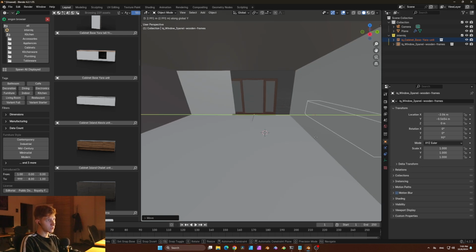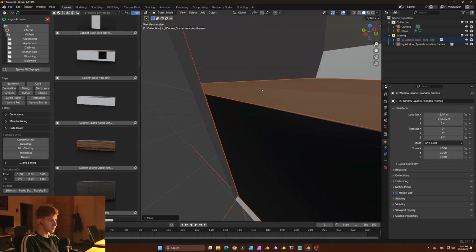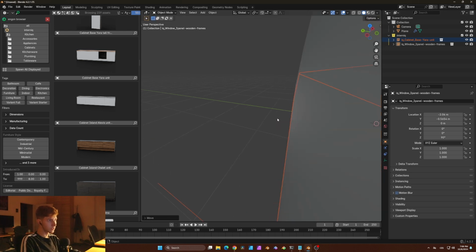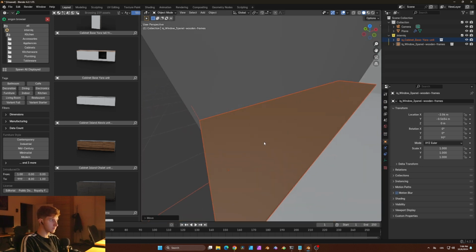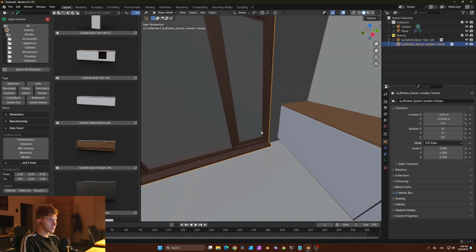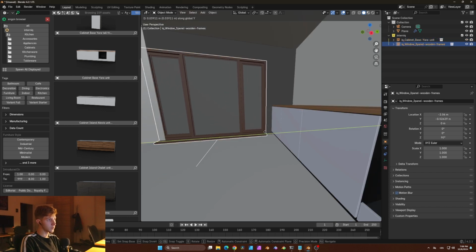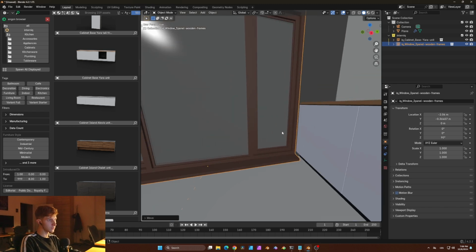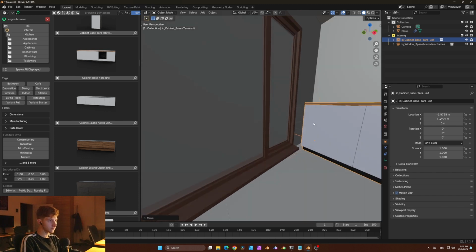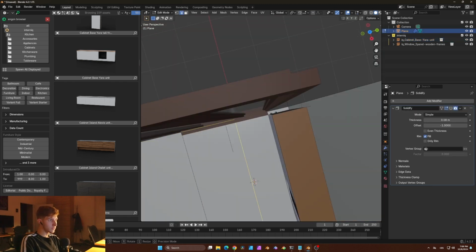So we can just slide it in there and make sure that there is no clipping going on, that there's some space still between the wall and the asset. Great. A bit more here. Good. Now in real life you would probably want to have some space there, but at the same time we can just move it a bit over here. Yeah, this should work nicely. And now if we add a loop cut here,